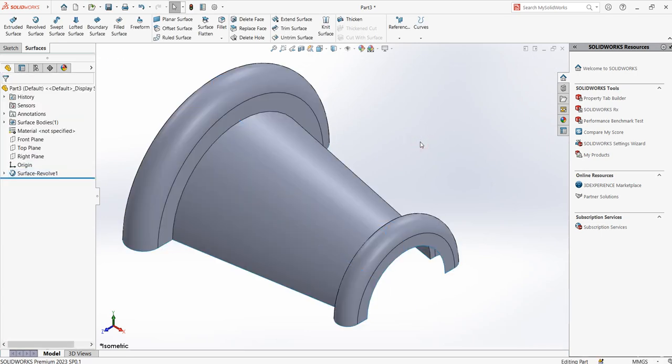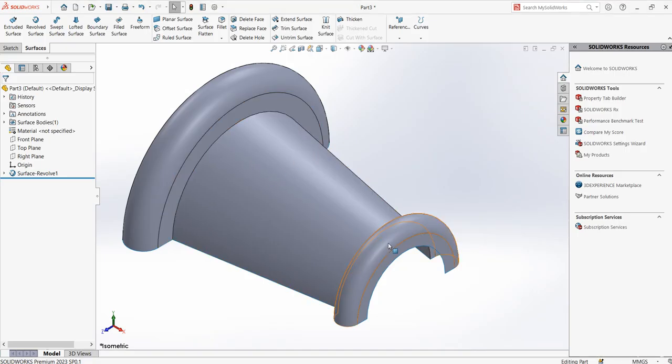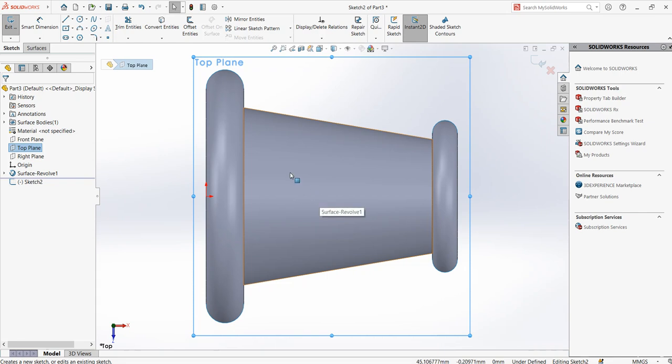Okay, now you can see you've created the base feature of the model. Now from this base feature, I'm going to cut this part using the elliptical arc. So I need to create an elliptical arc on the sketch from the bottom. I choose top plane and choose new sketch, and then here again I need to create a center line,